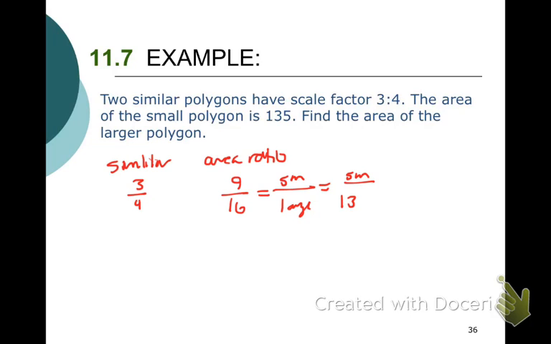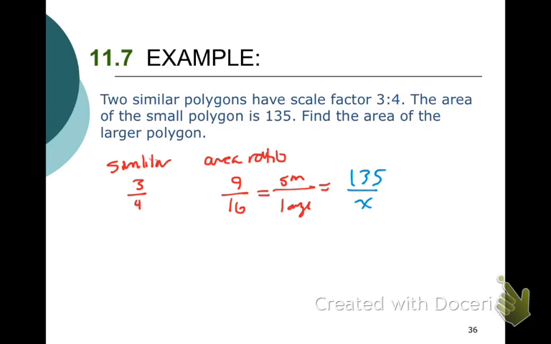Oh, I did it wrong. Okay, let's do it right. So the small is 135, and the large is what we don't know. Okay? So if the large is unknown, how are we going to solve that? Well, let's call the large x,